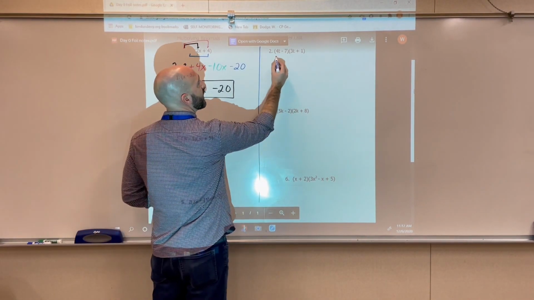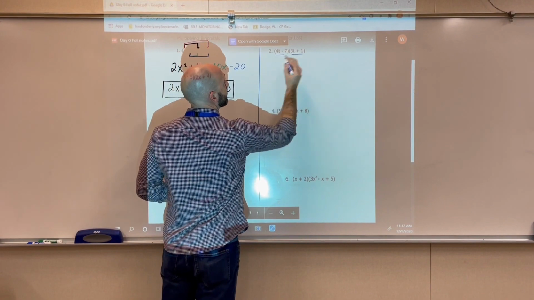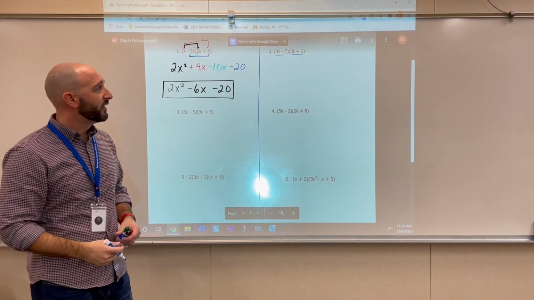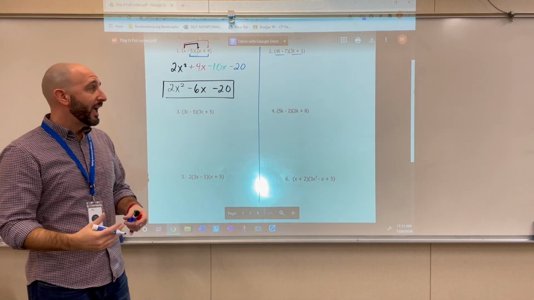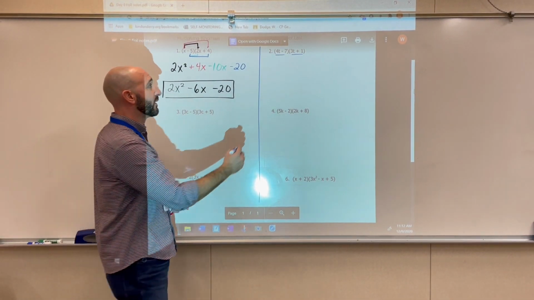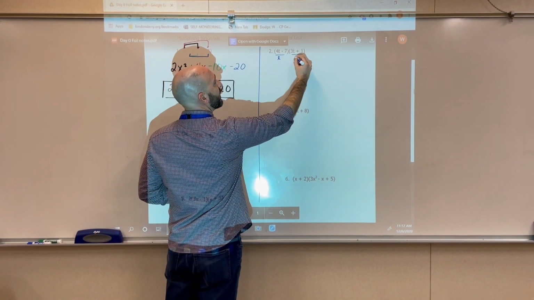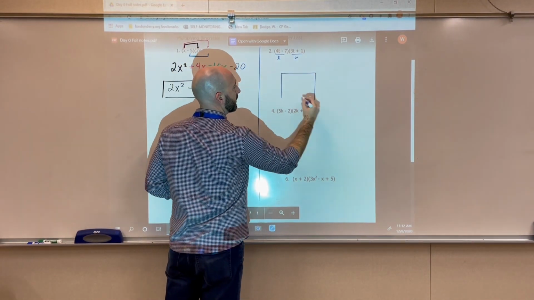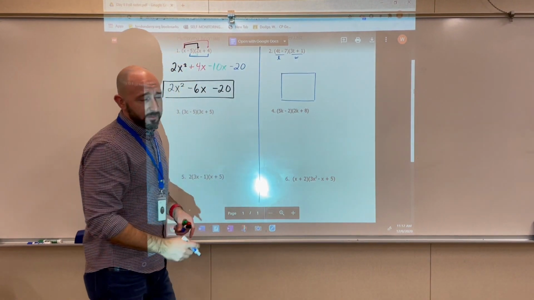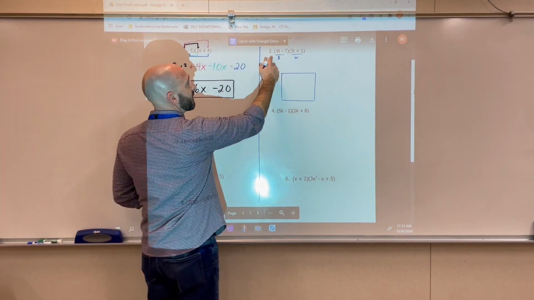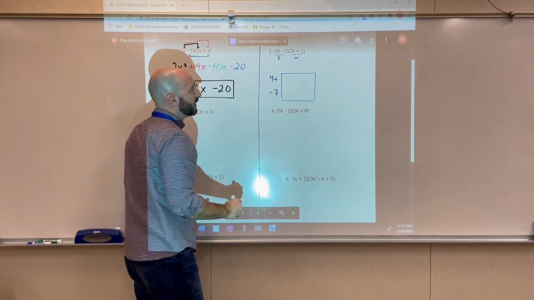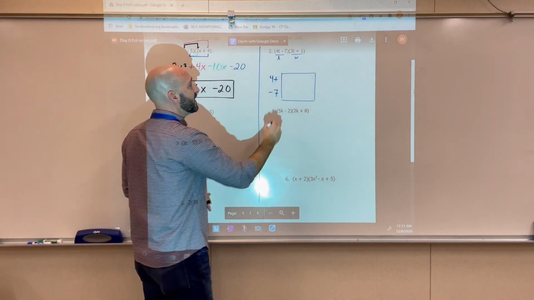So what we're going to do is think about these two expressions, 4t minus 7 and 3t plus 1, as the dimensions of a rectangle. So we're going to think about this as the length of the rectangle and this is the width. So I'm going to draw a rectangle and I'm going to label it with its dimensions. So here 4t minus 7 would be the length, and then 3t plus 1